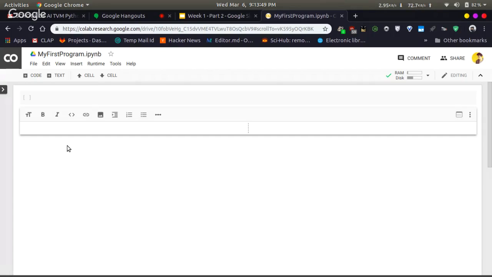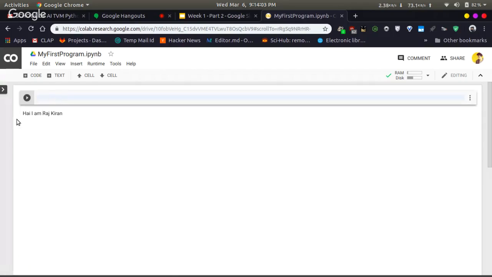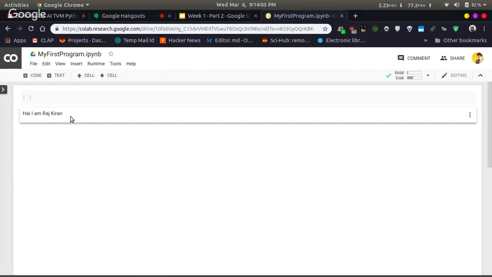For example, I can type, hi, I am Rajkiran. And when you click in the other cell, you can see this is not a cell in which you can type code, but it is actually just a text cell. It can be used for all kind of visualization effects.